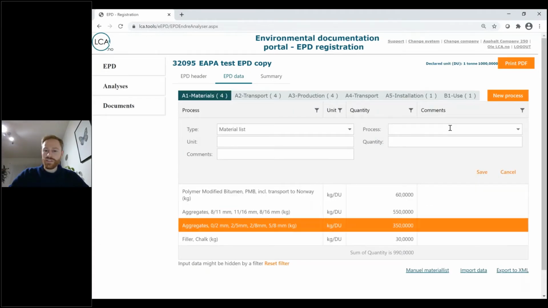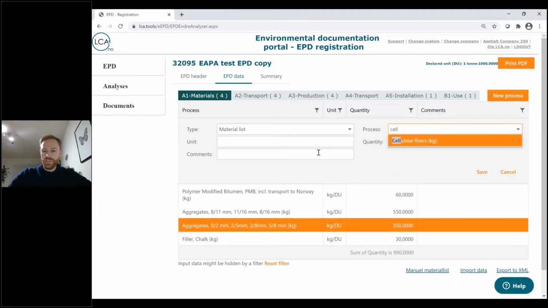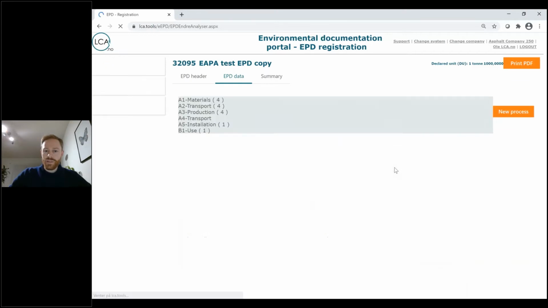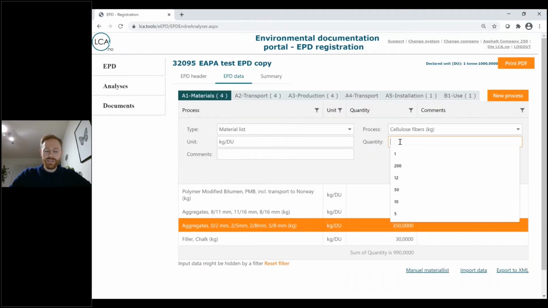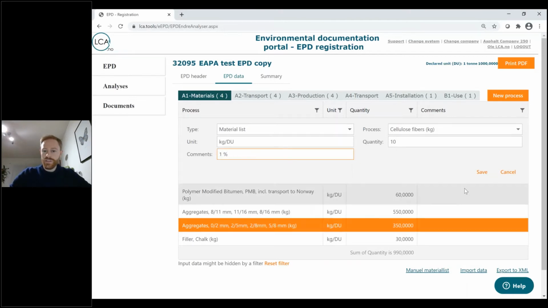And then we have a selection of processes here. This is also searchable, so you can add data. And then you could add the quantity. So we are lacking 10 kilograms of cellulose fibers. And then you could also add a comment here for internal use. So this is mainly for yourself and your colleagues to remember what you have done when you're working with each